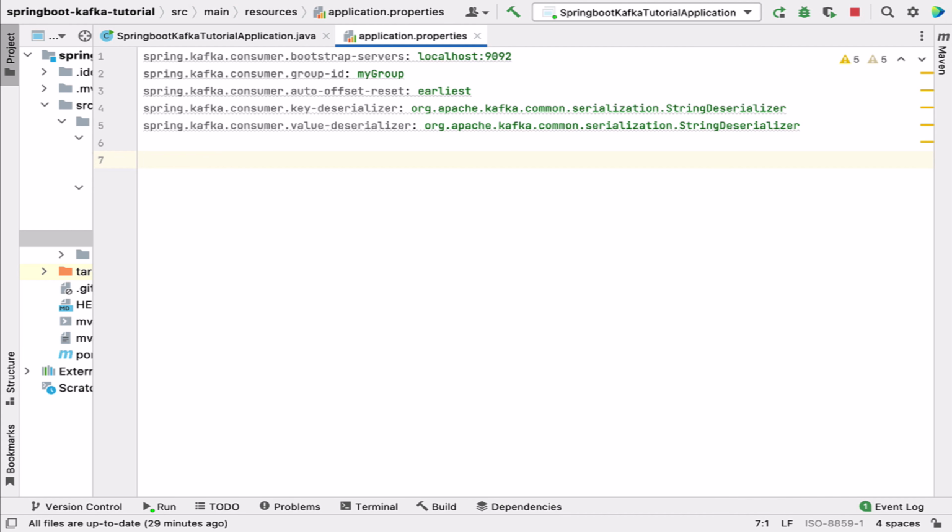Well, we are going to again use Spring Boot provided properties in order to configure Apache Kafka producer. Just type the property spring.kafka.producer.bootstrap-servers: localhost:9092. So for producer also we are using the same Apache Kafka broker service, right, which is running on port